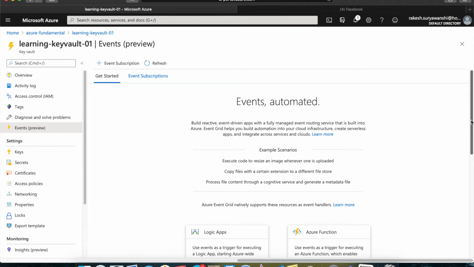administrator team. So what I can do here is use the event triggers and create the Azure function or the logic app. Based on my Azure function and logic app, it will listen to any modification event or exit event which is being performed on the key vault, and then based on that particular modification, it will send an email notification to the administrator team. And then the administrator will know, okay, somebody is trying to do some action on the key vault without their notification, or without their permission. So they might want to control that action, so they can perform an immediate action on that particular thing, because